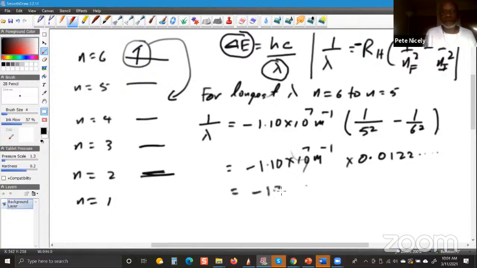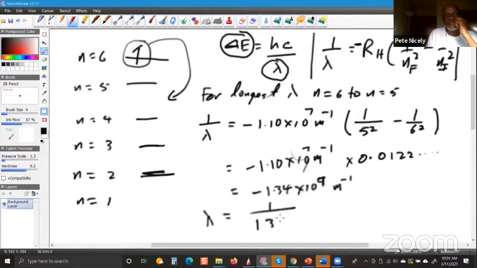minus 1.34 times 10 to the 9. All right? Now, this would be meters to the minus 1, right? Which means that lambda would be 1 over this, 1 over minus 1.34 times 10 to the 9. So let me do that. Okay, so the answer I got for this part here is minus 7.44 times 10 to the minus 6,